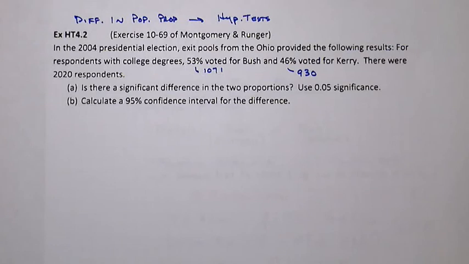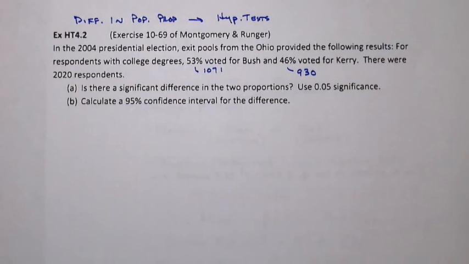We're going to use exercise 10-69 of Montgomery and Runger as a classic example of the difference in population proportions and the hypothesis tests that come out of those. In engineering practice, we of course are going to be looking at something different, perhaps defect rates between two different populations and whether or not there's a significant difference between those, assuming that we're not talking about real rare kinds of defects. Alright, so let's dig into this first by actually going back to the past